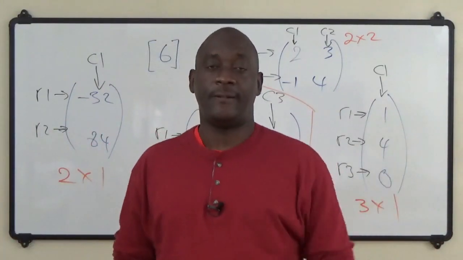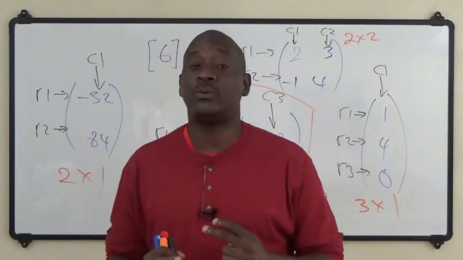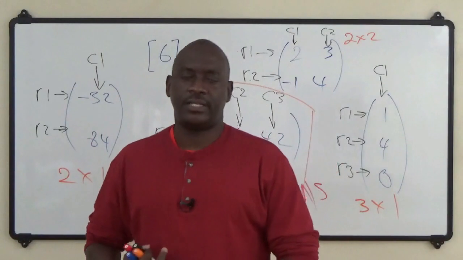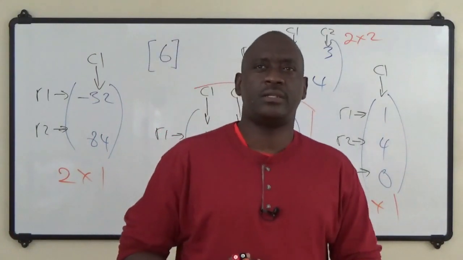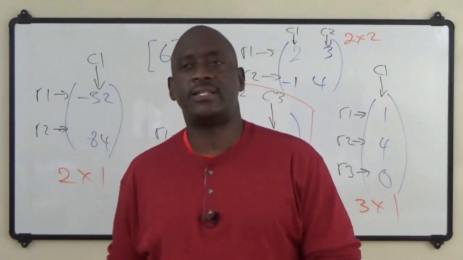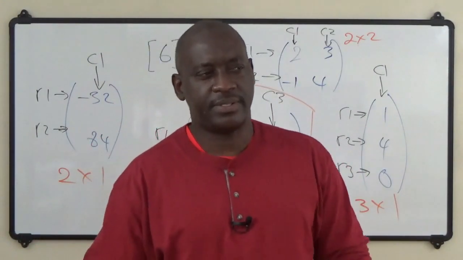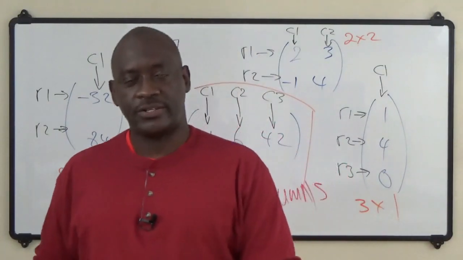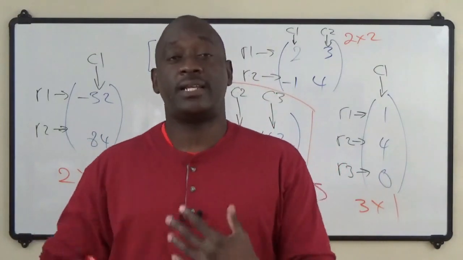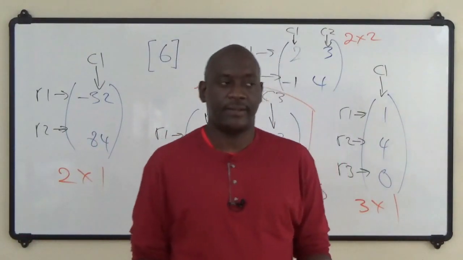And of course, if you go further on, you'll deal with 2 by 2 matrices. For the purposes of CSEC, they're not going further than 2 by 2 where the square matrix is concerned. For the purposes of pure maths in Form 6, the CAPE, you will be dealing with 3 by 3 matrices. And usually, even up to university level, in terms of manual calculations, they wouldn't take you past 3 by 3. The idea is, once you understand the concepts up to 2 by 2, up to 3 by 3, then when you have to use the calculator to do calculations involving a 4 by 4, or a 5 by 5, or a 6 by 6, or 18 by 18 matrix,